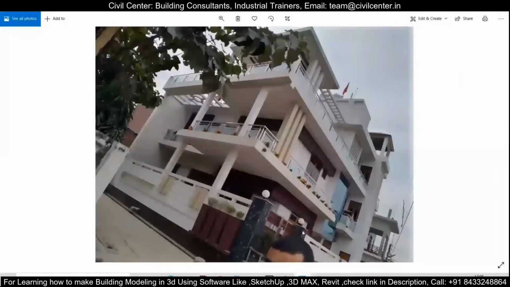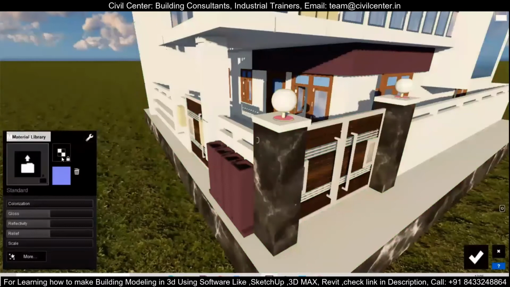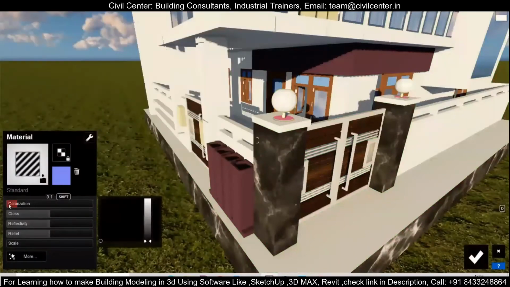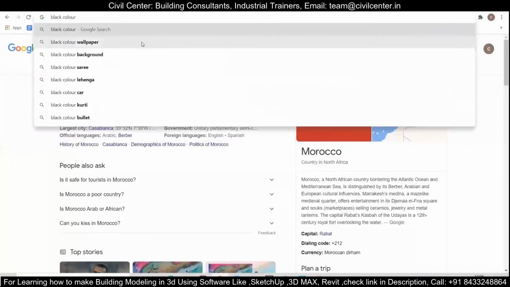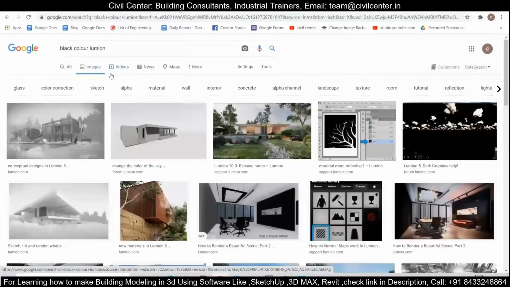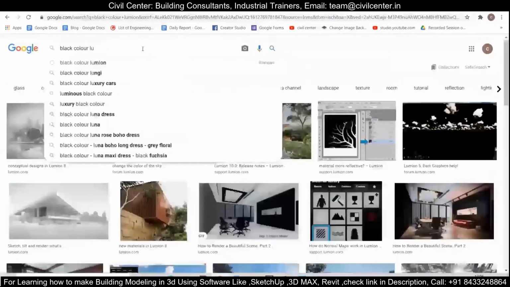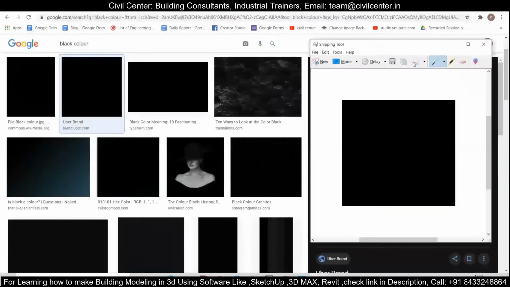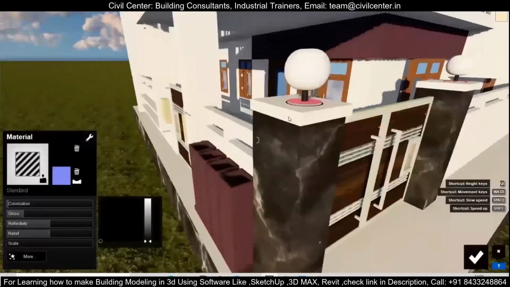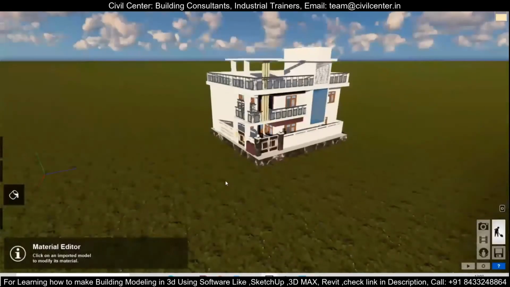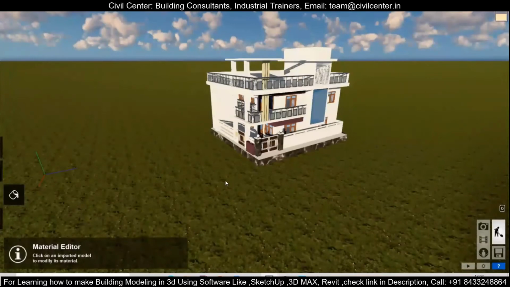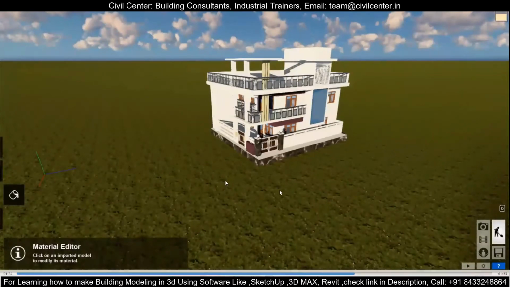Now what is the next step? In the next step you need to make these light bulbs white, and if you want then you can provide a black color over here, because the pink color that was visible over there is not very good. So I will take the screenshot of it, save it with the name black, and now I can go to the material and choose a black color. Okay, so these were the simple techniques of making the modifications in Lumion.